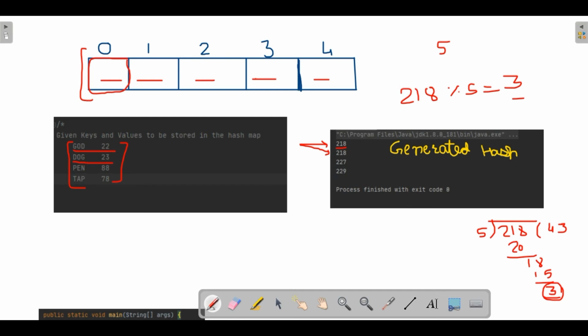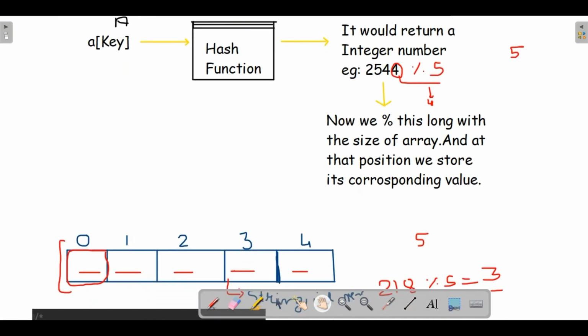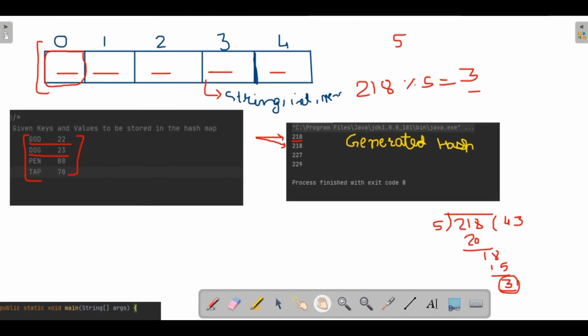So it would have your string part, it would have your integer part, and it would have a pointer to your next node. Okay, so at this position,